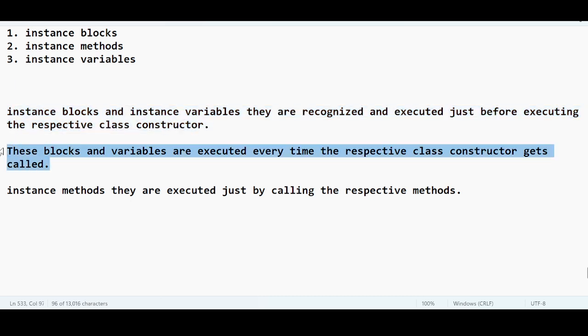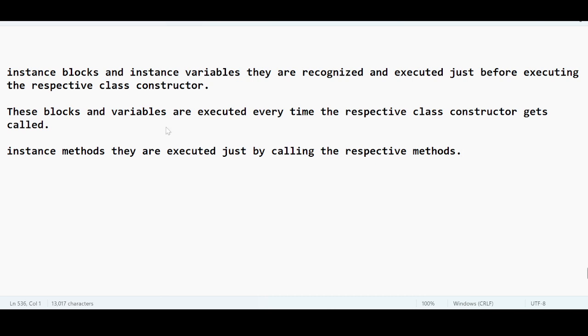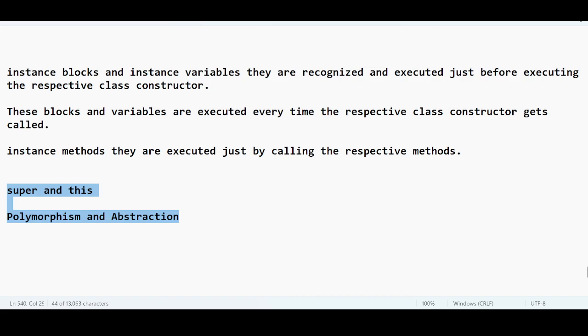And that's it. We are done with this topic, guys, the instance concept in Java. Only 2 more things are remaining: the super keyword and the this keyword. I promised you in the beginning that I will explain each and everything in an in-depth manner, after completing polymorphism and abstraction, so that we can complete the roots. Okay, that's all from my side for